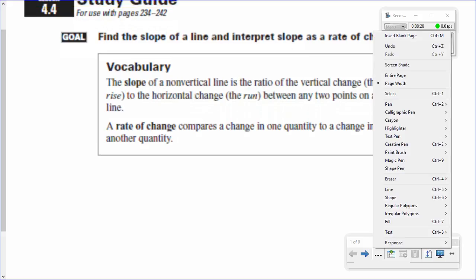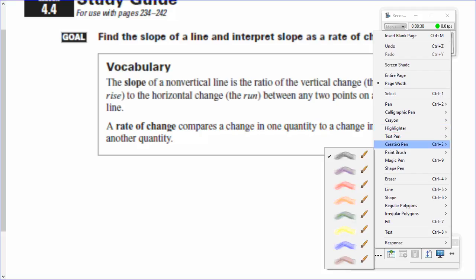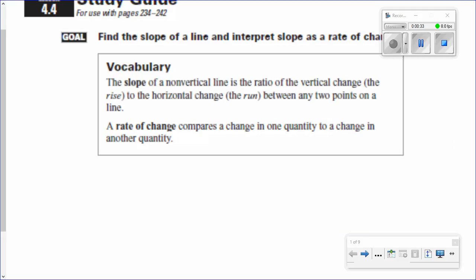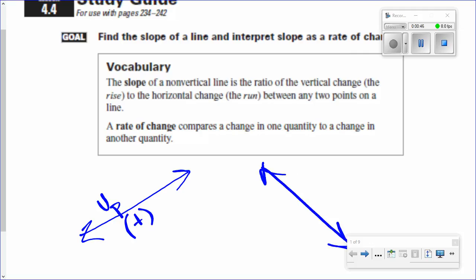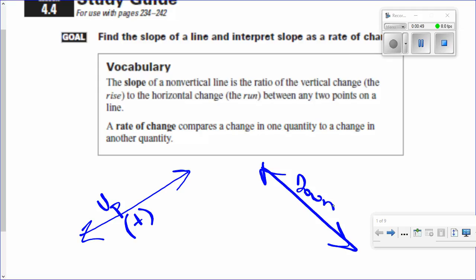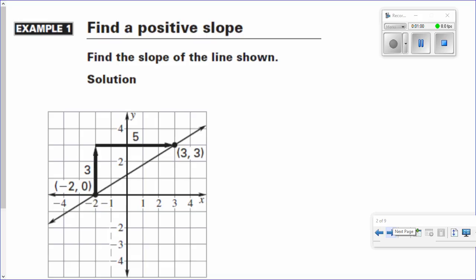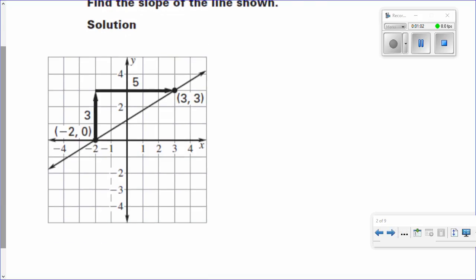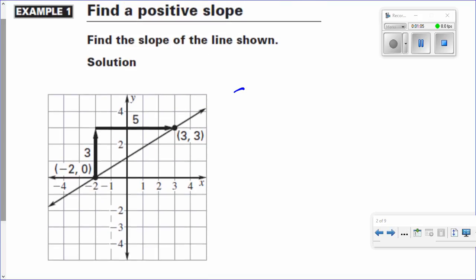Now, the first thing I want to do is give you some basics on slope. If I have a line going uphill like this on my coordinate plane, it's going to have a positive slope. And if I have a line going downhill, going down from left to right, then it's going to have a negative slope. That's a quick, easy way to describe the slope of a line. If we want to describe it more clearly, then slope is described as the